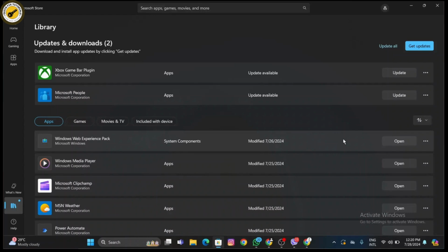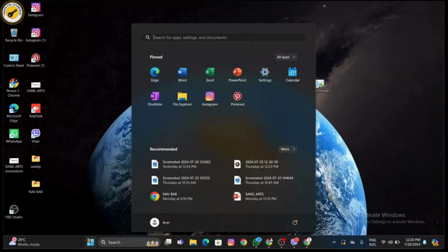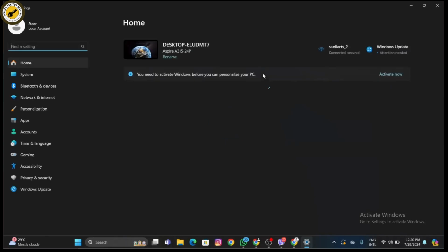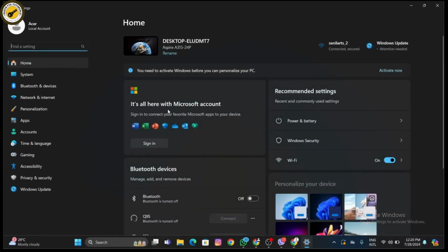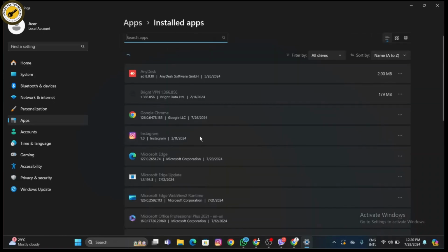Next, let's try resetting the WhatsApp app. Press the Windows key and select Settings. Now go to Apps and select Installed Apps. Scroll down to find WhatsApp